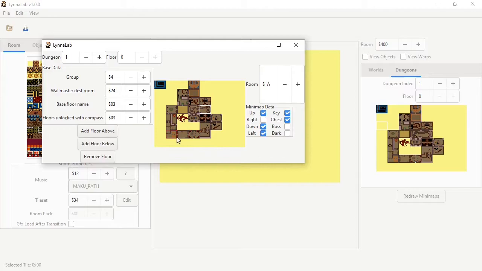Now for per room data. Obviously, up, right, down, left, this is just stuff for the minimap. From this room, you can move right, down, or left, and it'll indicate this on the minimap. If key is checked, then that means you can get a key in this room. In this case, this is the boss key. If chest is checked, then there's a chest in the room, and that'll show you on the map that